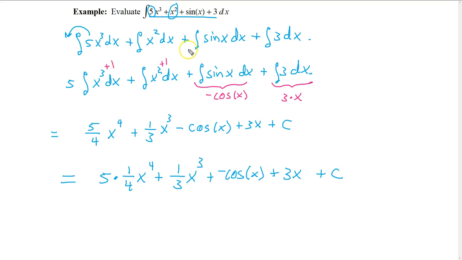Let's take a look at another example. Let's take a look at this one. What's the antiderivative of 1 over x squared? Well, we have to write this so that we can use the power rule. Let's notice that 1 over x squared is the same as x to the negative 2 power. Now we can just use the power rule on this. So we can write this then as,